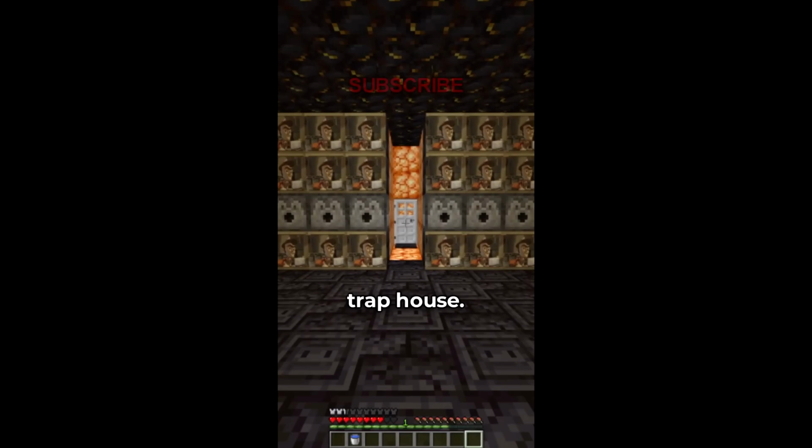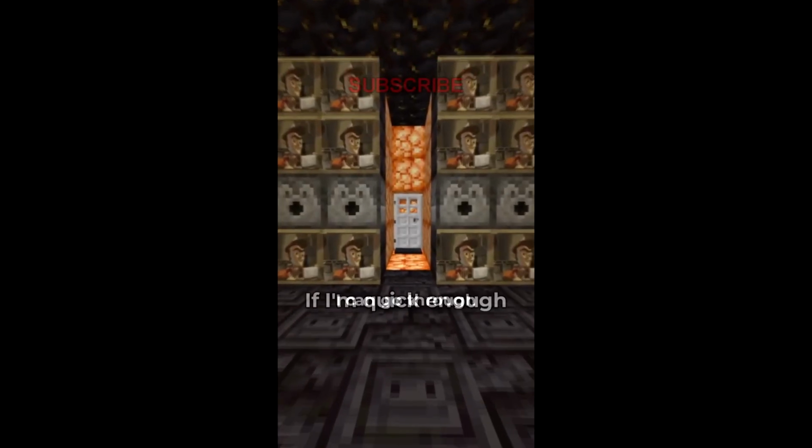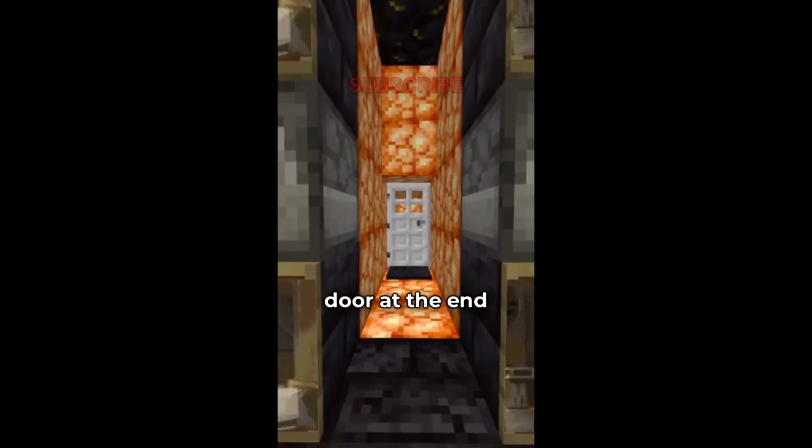This is a trap house, full of traps, and even scarier than that, pictures of Dream. If I'm quick enough, I can go through this mysterious door at the end of the hall and...